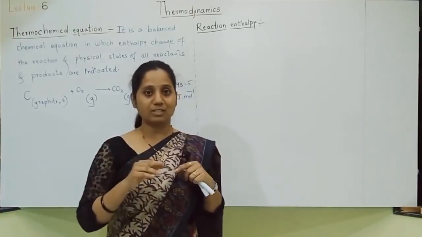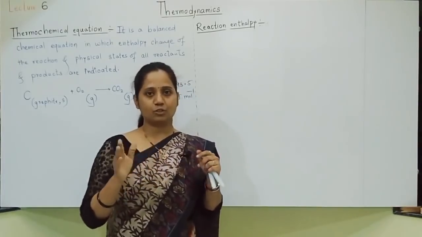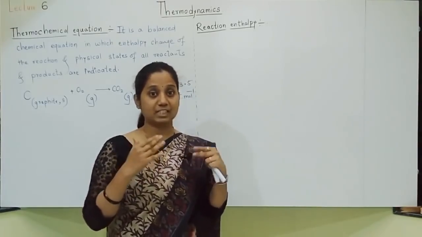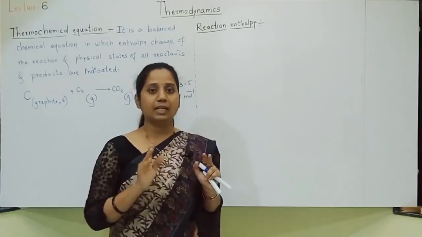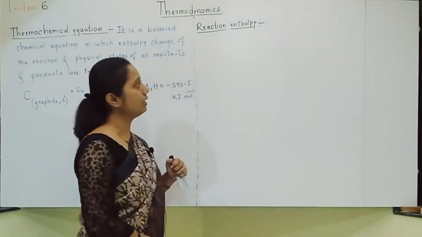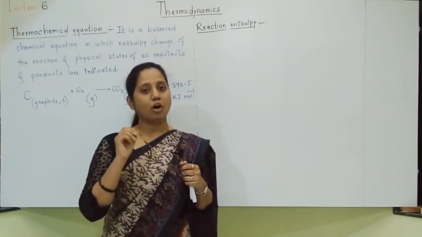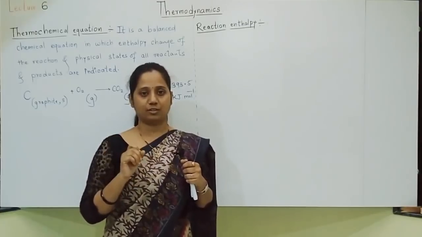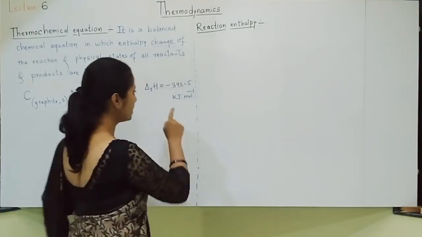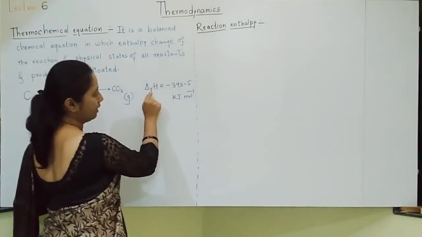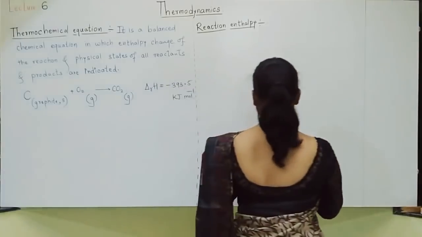Why did I tell you this initially? Because onwards we are going to see various enthalpies now. In today's video, I will teach you around 7 enthalpies, various different types of enthalpy definitions, and go on understanding the various terms. So let us move towards reaction enthalpy. What is reaction enthalpy? Change in enthalpy, or enthalpy change accompanying a reaction, taking place during a reaction, is called reaction enthalpy. R indicates reaction.